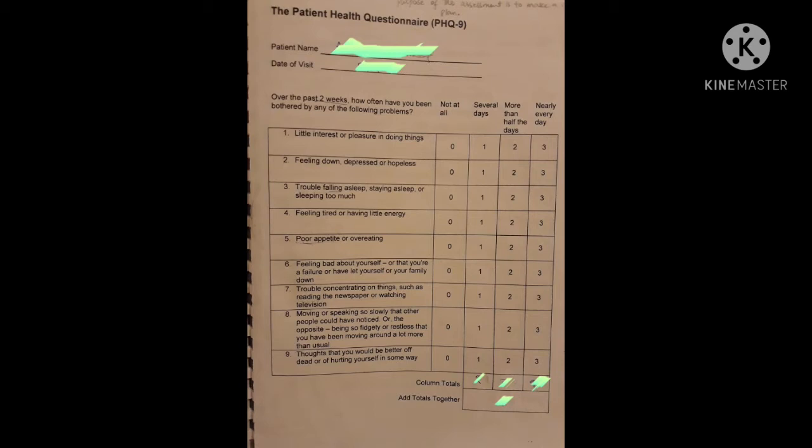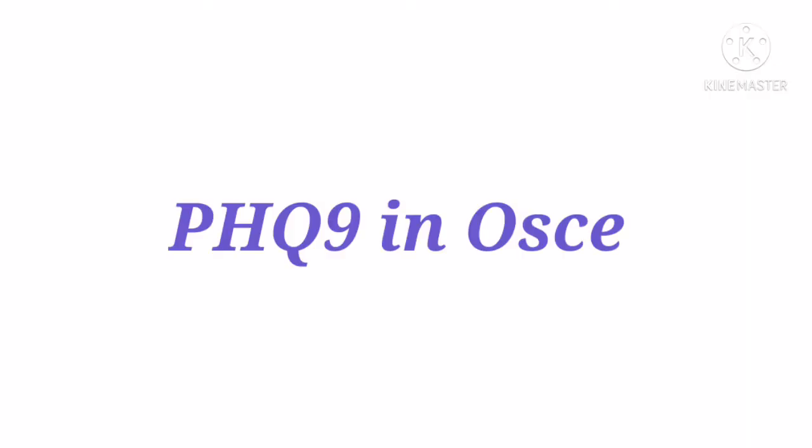After doing the observations like blood pressure, pulse, temperature and respiration, there is no SpO2, there is no saturation level in this station in the community setting. You just need it for the NEWS chart but not for the community setting. PHQ9 depression patients you will get in the community setting, so you are not going to check for the saturation level. After doing the observations, you can ask the patient.